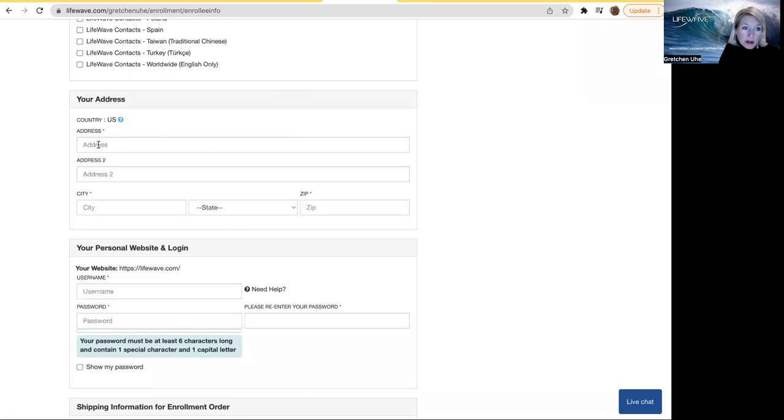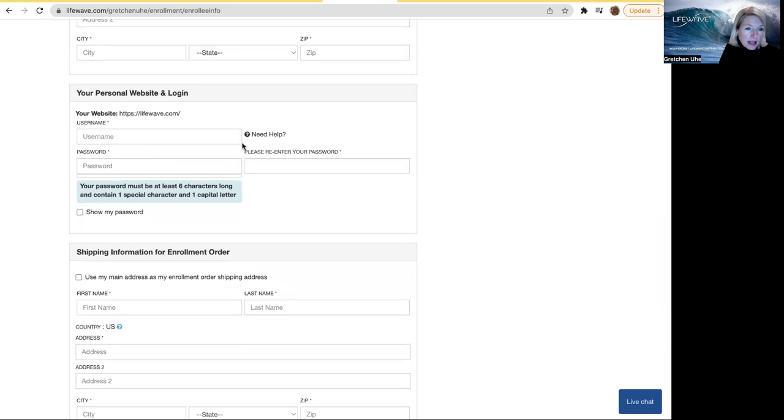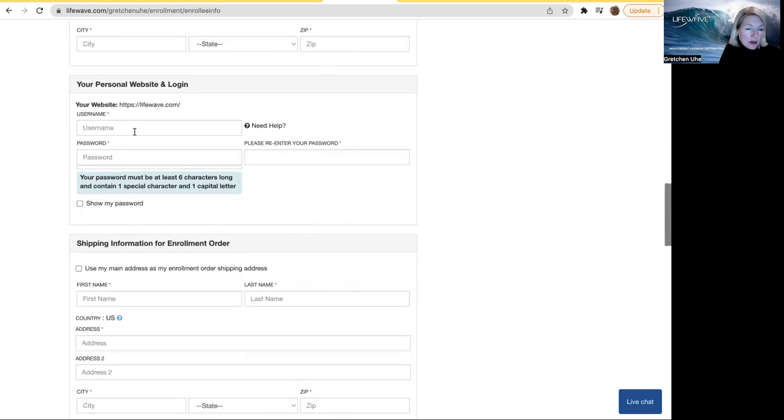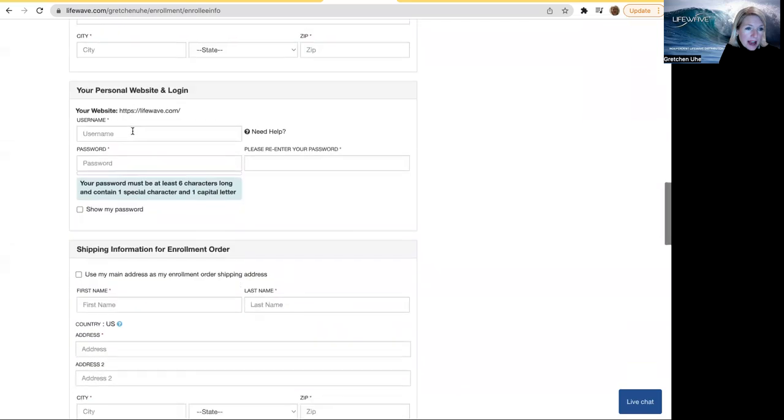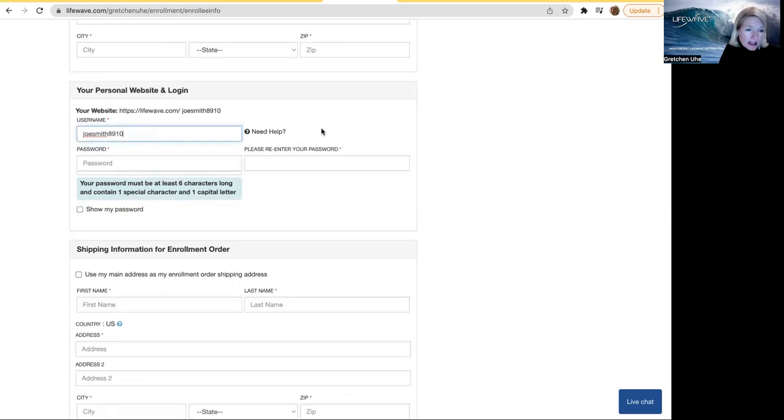Your address, this will be your main address, shipping address, and then you will add, now here's where you're going to create your username. So you could put in Joe Smith. If it's a common name, you might have to put something else, because I think this will not work. Right, name is unavailable. So let's say 8, 9, 10 after it, and that's good. So if you have a really common name, you may have to come up with a number or something else